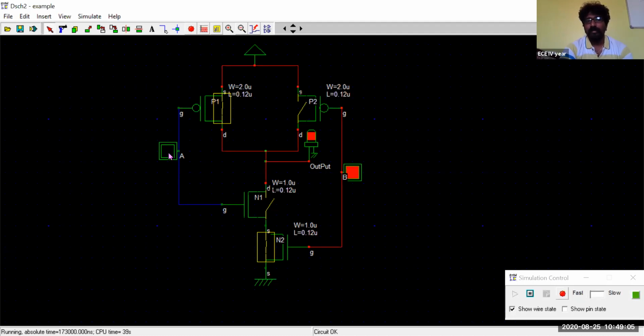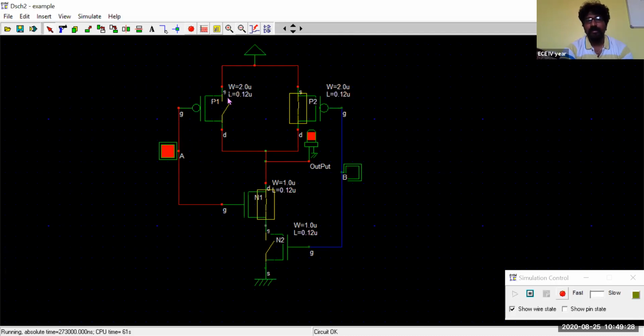Now for the 1, 1 condition, we know that both the PMOS will be turned off and both NMOS will be turned on. So that's why we can see here output is equal to 0. For 1, 0 condition, you can find here that P1 is turned off. Why?